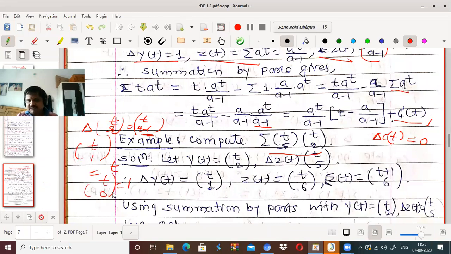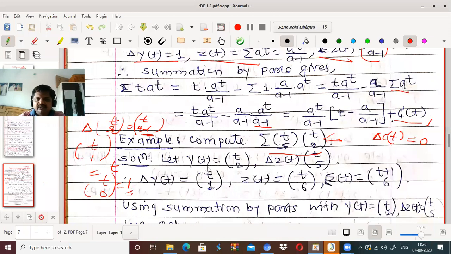So we choose such a first function whose delta is going to be 1 after some steps. So what I will do here, take first function as tC2, because its delta becomes tC1, and its delta becomes tC0, and tC0 is 1. Why is tC0 1? Combination of t terms taken 0 at a time. How many times can we do that? Only one way. So nC0 is always equal to 1. nC1 is always equal to n. nC2 is n into n minus 1 upon 2 factorial, and so on.